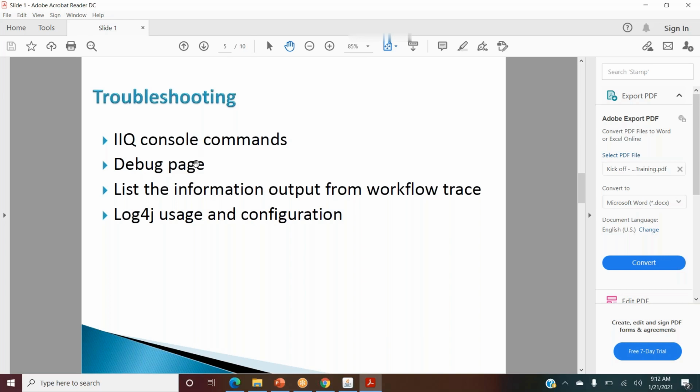And the debug page, definitely I have already shown you, but again it will go in much more detail. What is UI configuration, what is system configuration, what is link configuration, and what other extra configurations are available. Those I will go through. Then end-to-end workflow tracing, how we can do it, and when exactly we